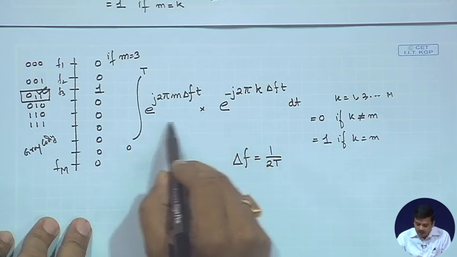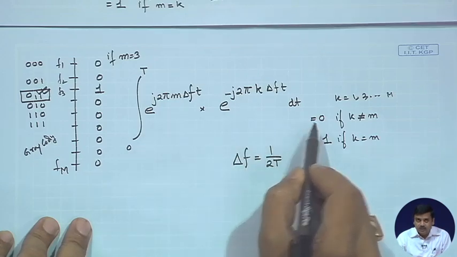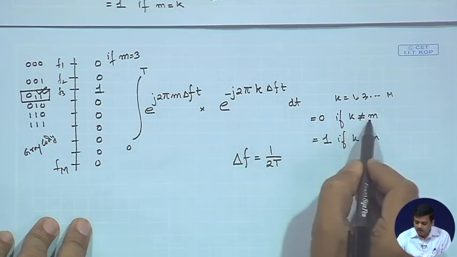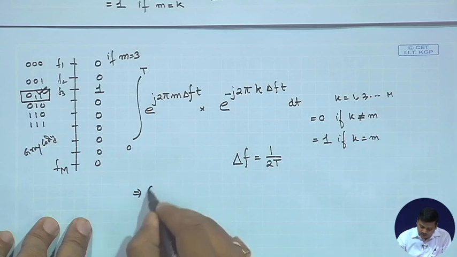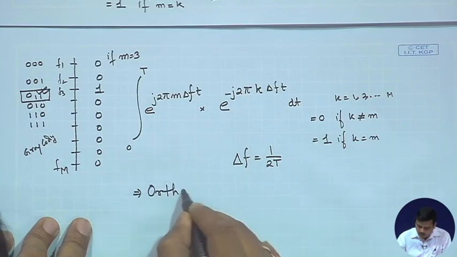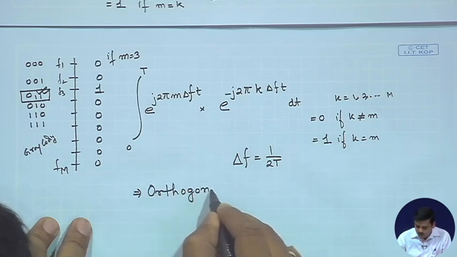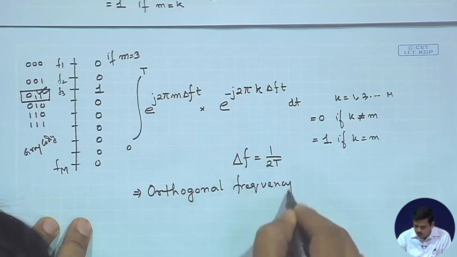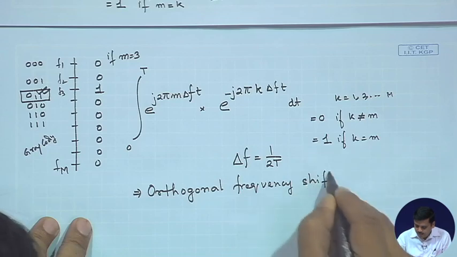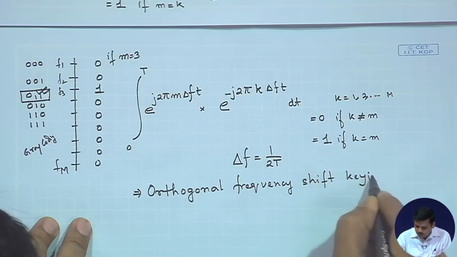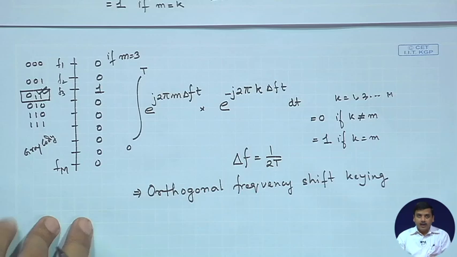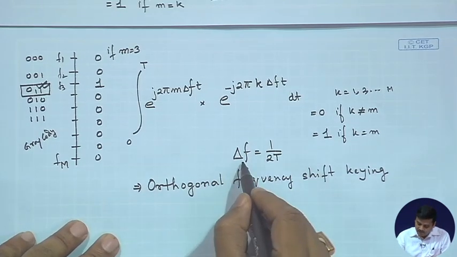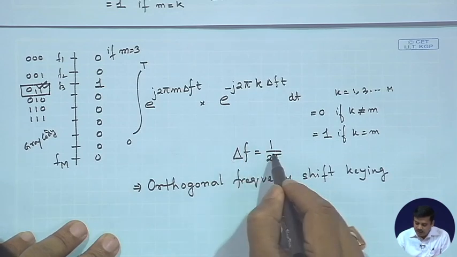So, we said that if the inner product is 0, that means the signals are orthogonal to each other, right, for k not equal to m. So, we could also say this is orthogonal frequency shift keying, right. And another important fact to mention at this point is, if you would make the separation larger than